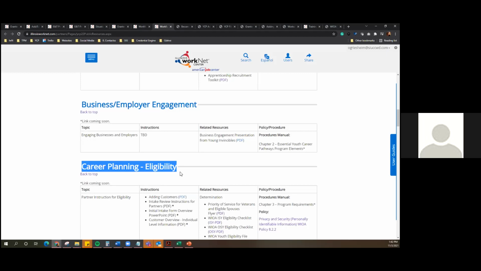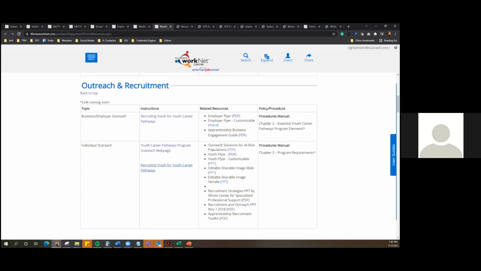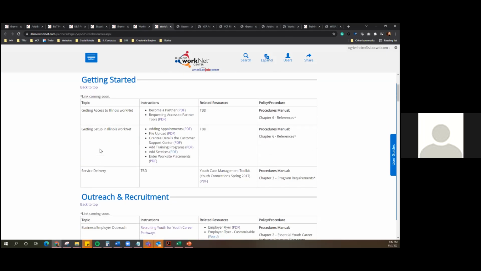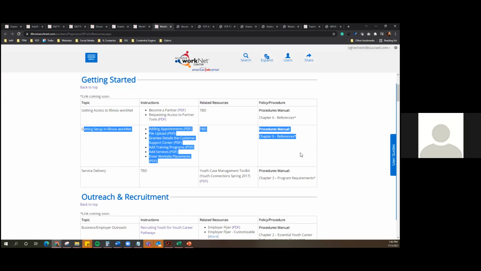Right now you guys don't have access to those customer tools. I know we had a couple of people looking, trying to find those. People who are familiar with the system and maybe been in a program before, they're not there yet. So if you can't find them, it's not that you don't have access. It's just that we haven't given you access until we get everything set up. I just wanted to let folks know so there was no confusion there. Right now, we're still working on the first few items of just getting everything established in the system. Any other questions?